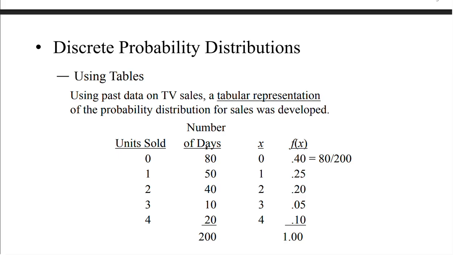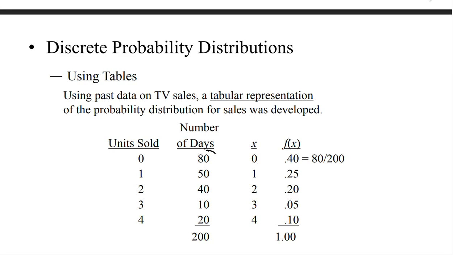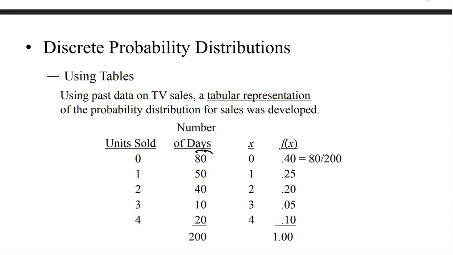There were 80 days where no TV was sold, 50 days where one TV was sold, 40 days where two TVs were sold, 10 days where three TVs were sold. So in this example, our probability distribution for the discrete random variable is going to consider the frequency for the number of days that no TVs were sold